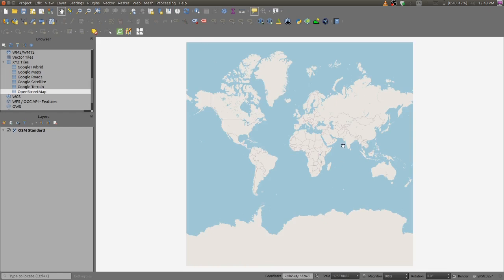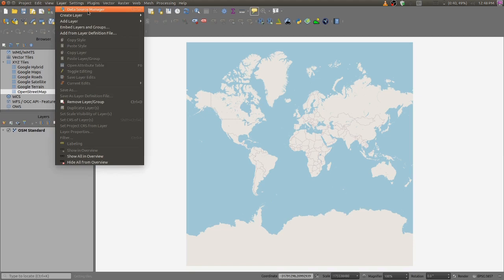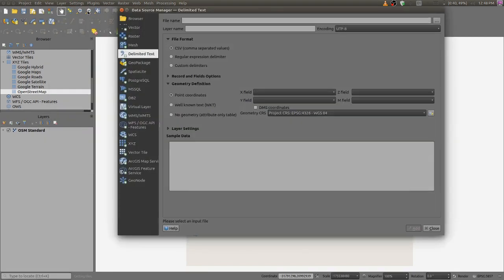Now let us import our EpiCollect data. For that you go to Layer, Data Source Manager, then click here. On this side you have to take delimited text. Our file is in CSV format. CSV is nothing but comma separated value format.